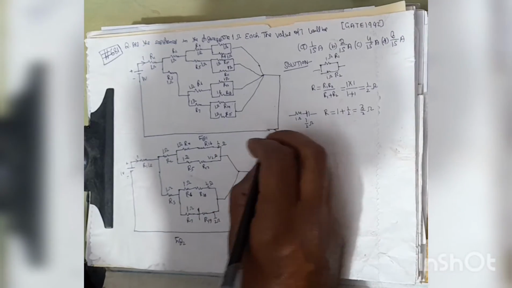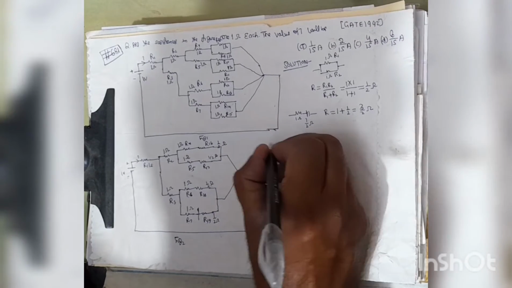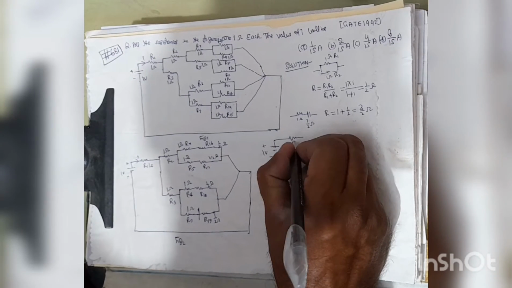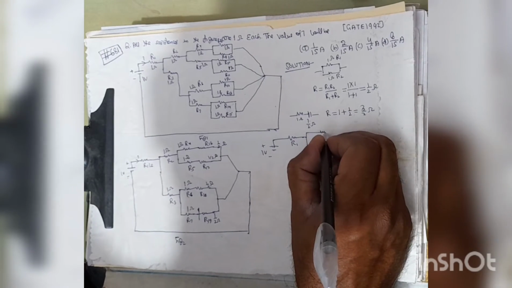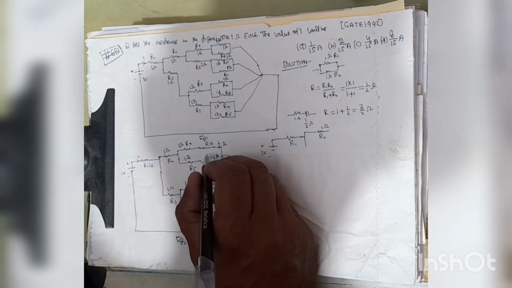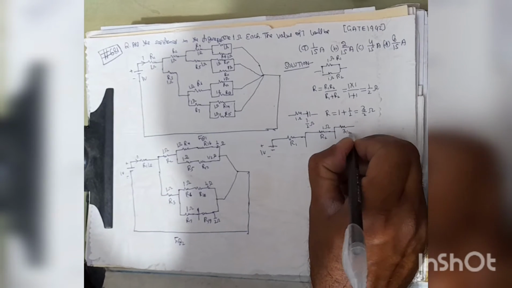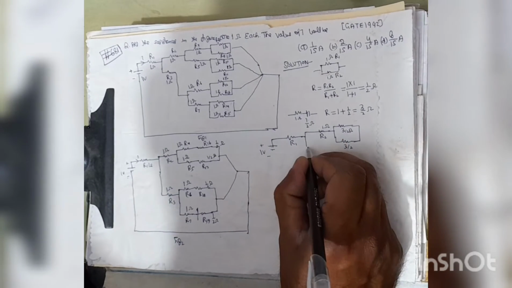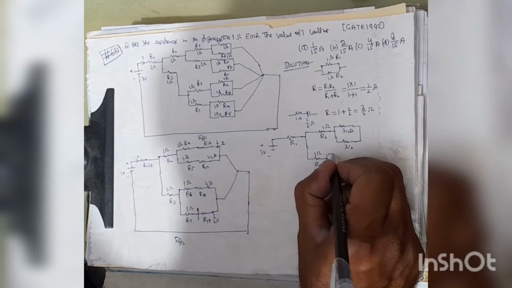So we can redraw the given figure as this, 1 volt. First R1, then R2, then here it is R2, 1 ohm, and this may be written as 3/2 ohm. So it will be two parallel combinations of 3/2 ohm and 3/2 ohm. Similarly here it will be R3, 1 ohm, and it will be 3/2 ohm.